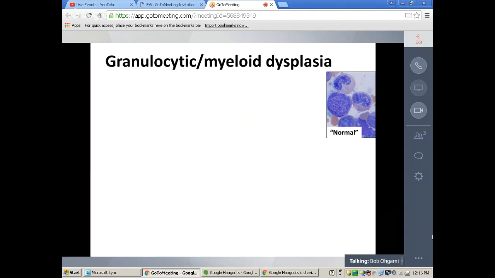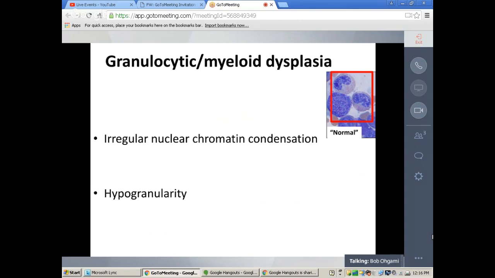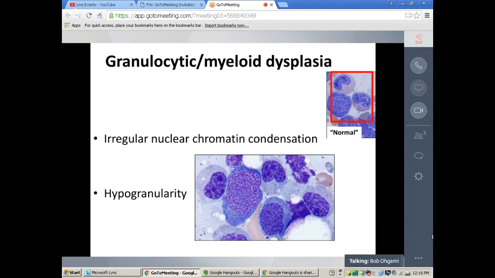What is granulocytic or myeloid dysplasia? In the upper right, you see generally normal myeloid precursors. Granulocytic or myeloid dysplasia is irregular chromatin condensation and hypogranularity. It's very easy to pick out hypogranularity. Abnormal chromatin condensation can be a little bit more tricky, but I can tell you that these are also abnormal nuclear